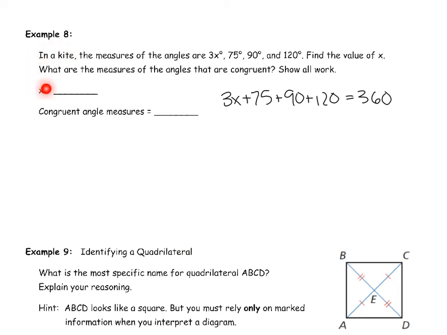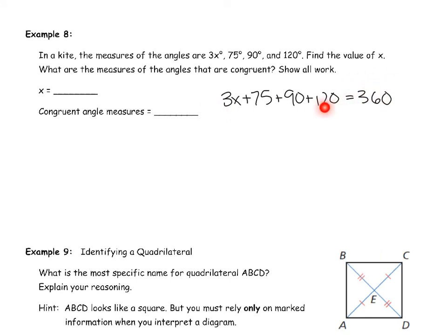All right, moving on to our next example about a kite. In a kite, the measures of the angles are 3x, 75, 90, and 120 degrees. Find the value of x. What are the measures of the angles that are going to be congruent? Because we know that one pair should be congruent. Show all work. All right, so notice I know that a kite is a quadrilateral, has a total interior sum